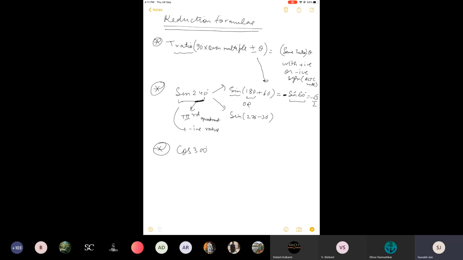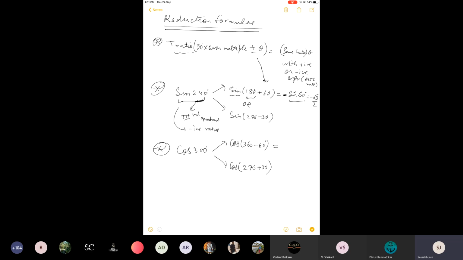Suppose I have to find cos 300 degree. Now do not ask, sir, what about the lower one? I have not repeated for odd multiple. I am just teaching everything for even multiple till now. Cos 300 degree. This is in fourth quadrant. So I have two ways to write it. Either it is less than 360, so 360 minus 60 will be 300, or I can write it, since it is more than 270, as more than 270 by 30 degrees. But I am telling you the rule which is valid for even multiple of 90.